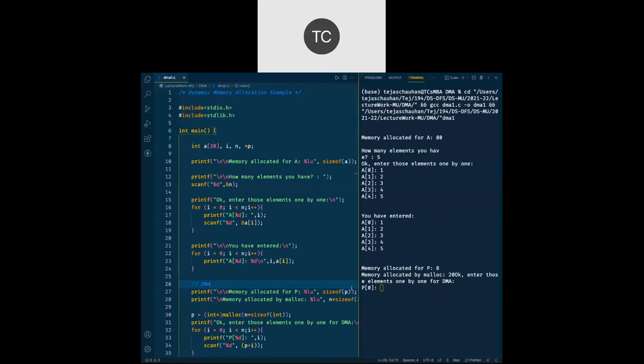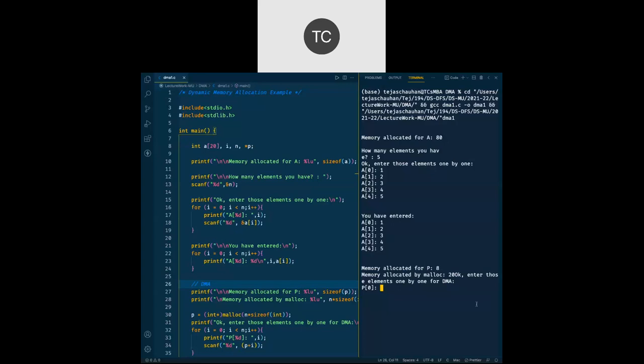Then memory allocated for P is 8 bytes, because here pointers are not normal integers. They require 8 bytes because I have a large amount of RAM available. A pointer is pointing to an address of the RAM, and the amount of RAM matters here, right? So okay, P is 8 bytes.